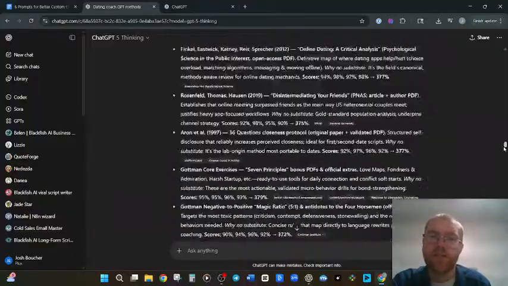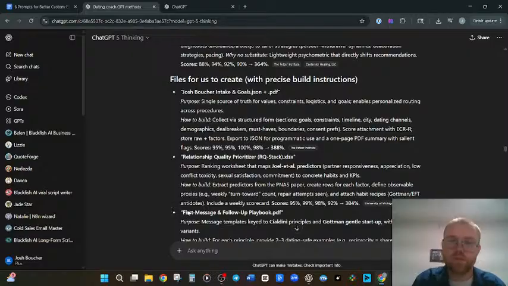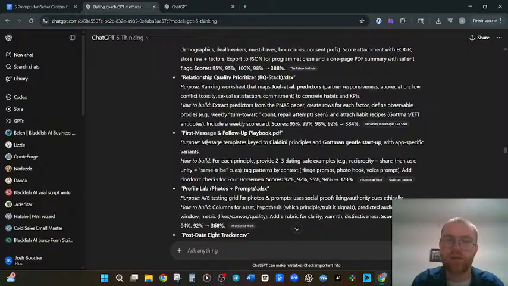Now where is that knowledge base? Here we go. Oh, first message and follow-up playbook. Message templates, key to Cialdini principles, and Gottman general startup with app-specific variants.